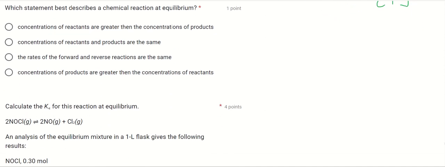Which statement best describes a chemical reaction at equilibrium? Another just defining question. Concentrations of reactants are greater than the... No. Concentrations of reactants are the same? No. All right, it's all about the rate. There it is. The rate of the forward and reverse reactions are the same. All